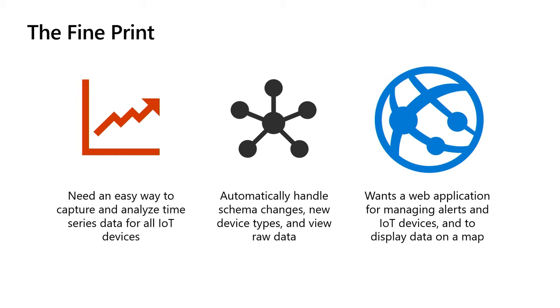Another thing is they need to automatically handle the schema changes. If there are new IoT devices coming up, right, they want to update and push the software that they're using as well. And sometimes they don't want to do this all at once. For example, if there are 10 buses on one route and 10 buses on a different route, they want to update the software one route at a time, things like that. And finally, the presentation layer of their solution.